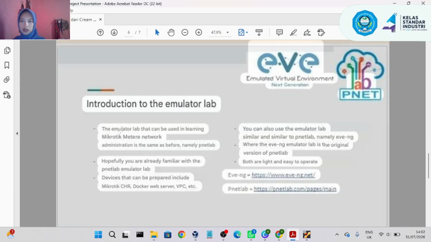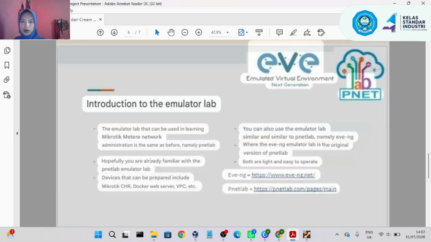1. The emulator lab can be used to set up a MikroTik network. Administration is the same as before, namely PNetLab. 2.